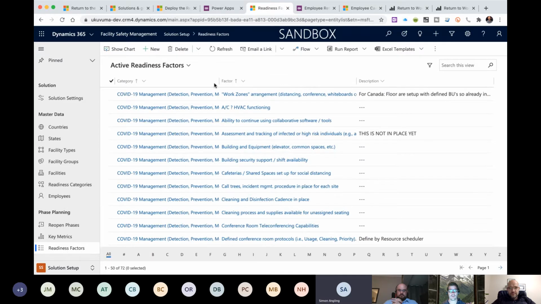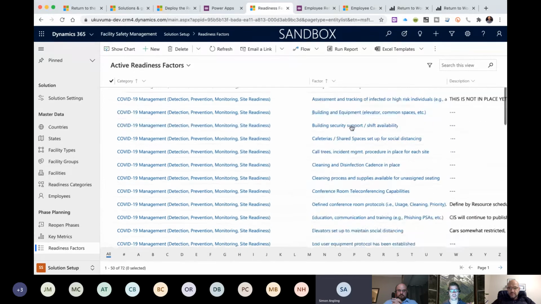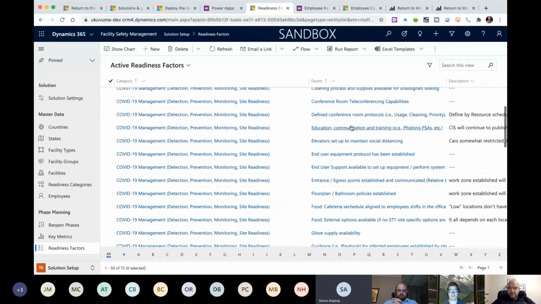Yeah, and I can see some of them are marked as for Canada legal reasons or something. They've obviously been put in for certain areas. I saw China in there as well. Yeah, absolutely. You can easily add your own, like Michael said. You can add your own categories, factors, phases, everything that I showed you now, you can customize to your requirement.